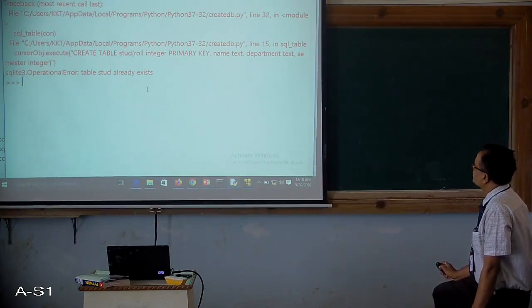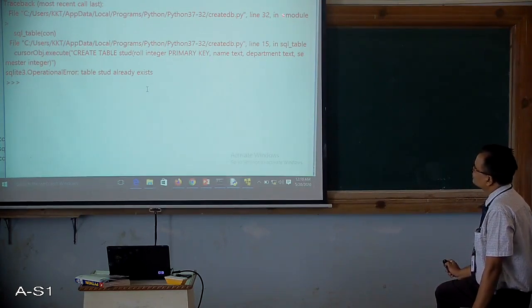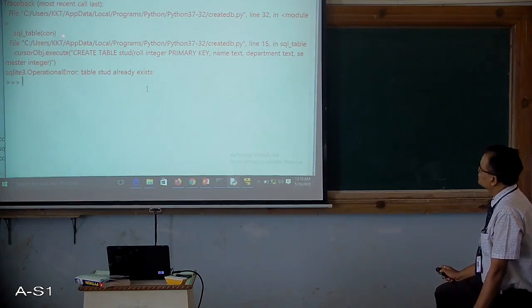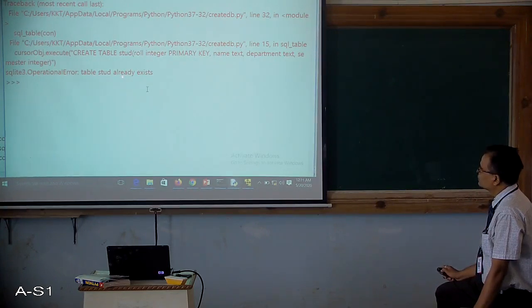So on line number 32, createdb.py, this is my file name. In the SQL table function, on line number 15, what is the error? The table stud already exists.